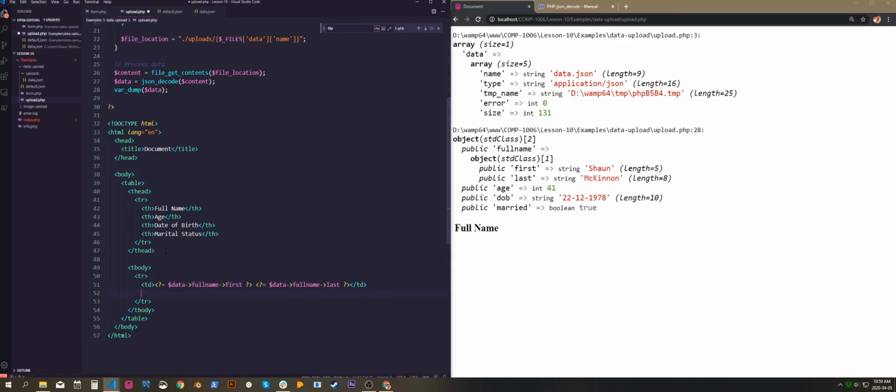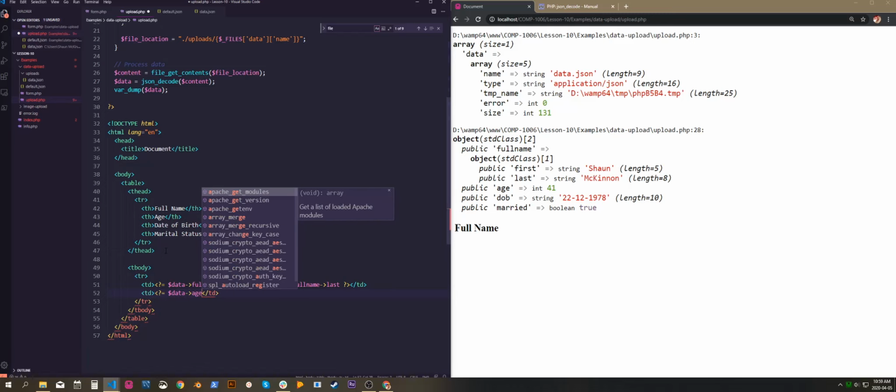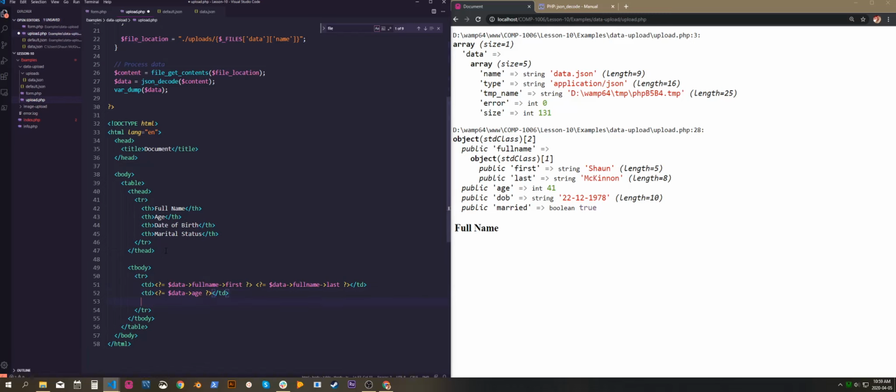Yeah, that's better. Now there's cells. Okay, TD equals data age. TD data DOB and TD data